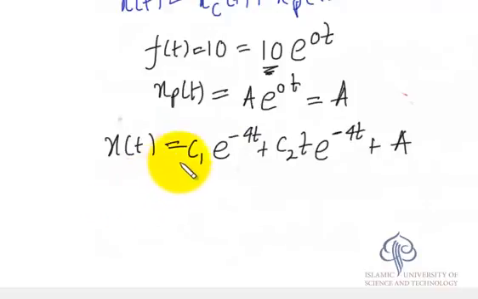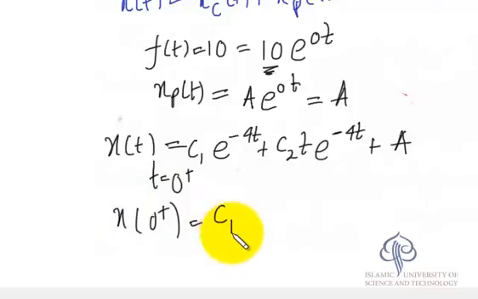At t is equal to 0+, x(0+) is going to be c1 plus a, because t is equal to 0+ is substituted as t is equal to 0. So this is going to be c1 plus a is going to be 1, and